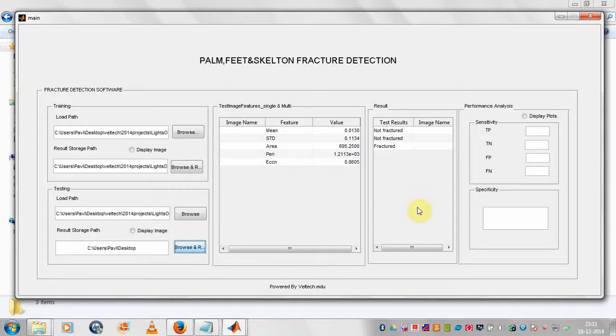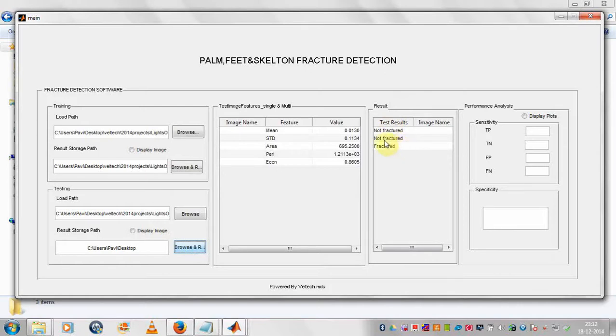For example, here both the training and the testing dataset contain the same images. So it will test whether each contains a fracture or is non-fractured. Based on that analysis, test image 1 when matched with the first image of the training dataset shows it's not fractured.